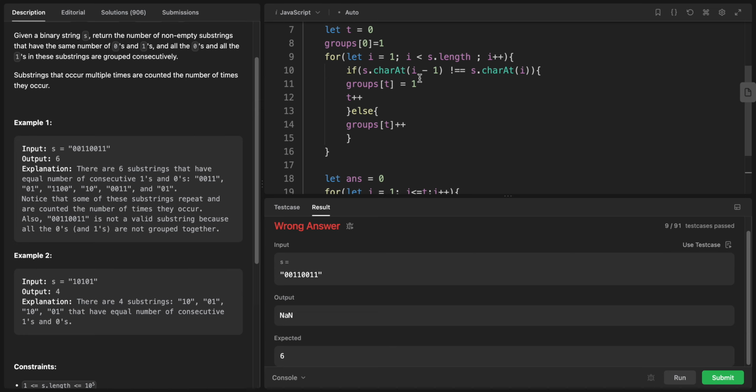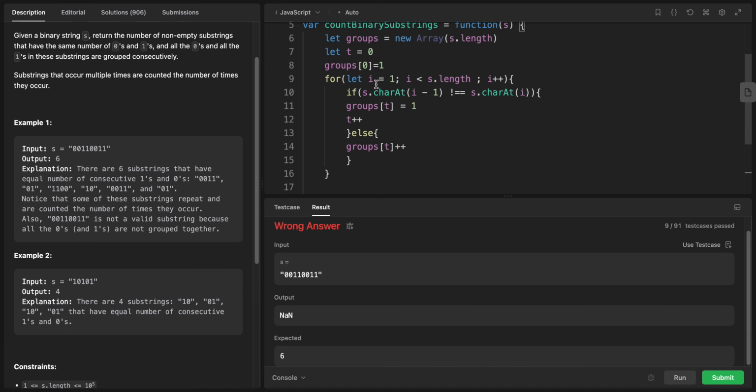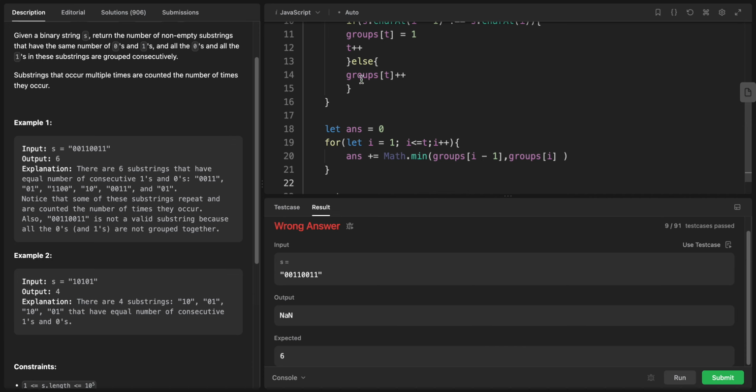So let groups equals new array from s.length. Let t equals 0. Groups of 0 equals 1. I will make a for loop. Let i equals 1, i less than s.length and i plus plus. If s.charAt(i minus 1) doesn't equal s.charAt(i), groups of t equals 1 and t plus plus, else groups of